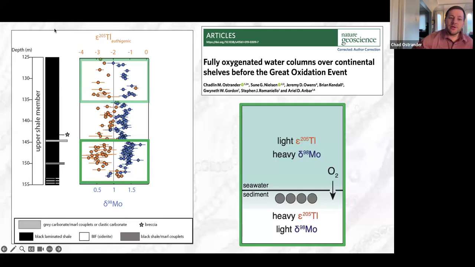And so in this paper, knowing what thallium isotopes are uniquely sensitive to, we made a case that you had to have molecular oxygen present in marine bottom waters over a region of the seafloor to bury manganese oxides and drive this seawater anti-correlation with thallium and molybdenum isotopes. And so the idea was, in order to get oxygen in marine bottom waters, it has to basically be present throughout the entire water column. You have oxygen production in the surface waters, and this oxygen is even accumulating in bottom waters. And so the title of our paper is about fully oxygenated water columns over continental shelves before the GOE. And this really suggests a lot more oxygen before the GOE and during the WIF than was previously